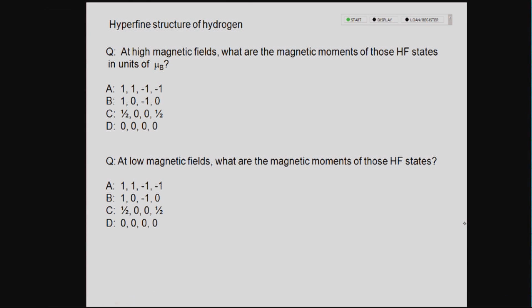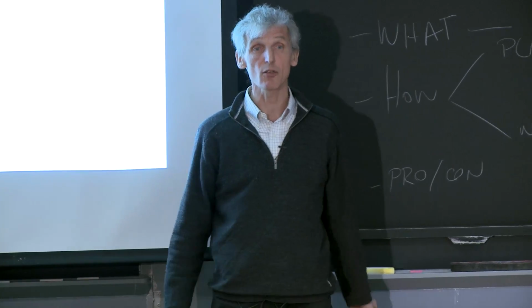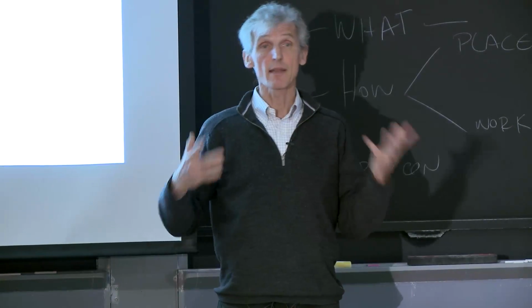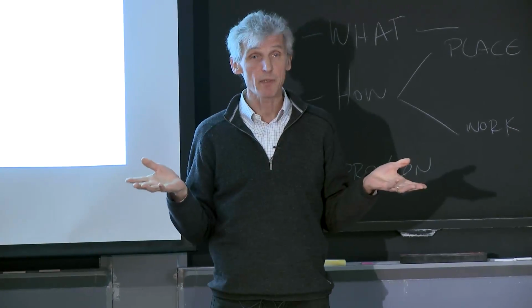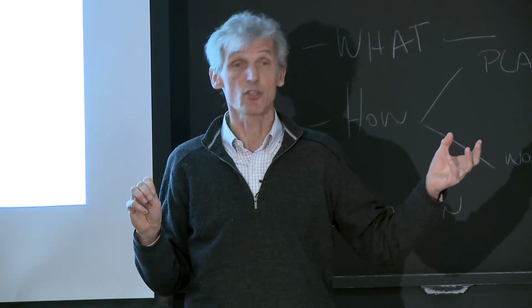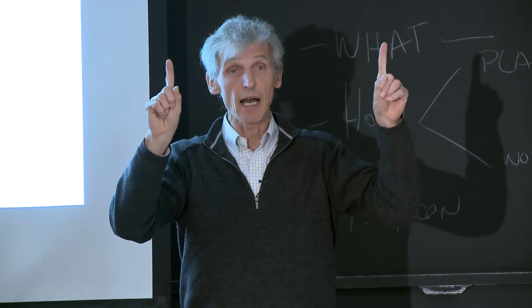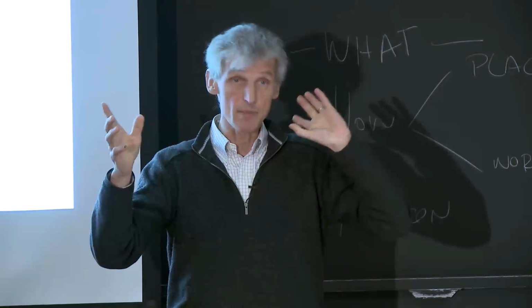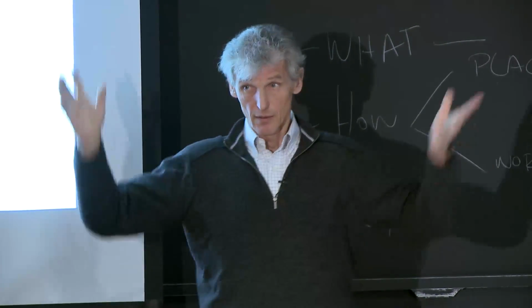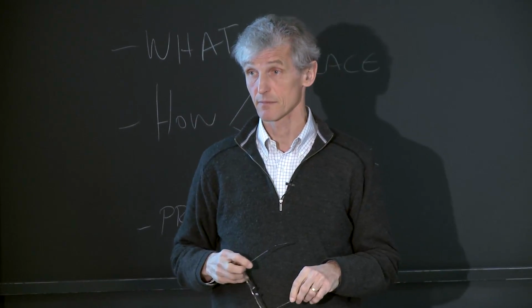Okay, let's now make it more interesting. Let's replace the proton by a positron, the antiparticle of the electron. So now we have a similar situation, but what happens now is, of course, the contribution to the magnetic moment from the nucleus, which is now the positron, is as important as the contribution of the electron. So you have two spin 1/2s coupled now. One is positive, one is negative, and you should figure out again what are the energies.